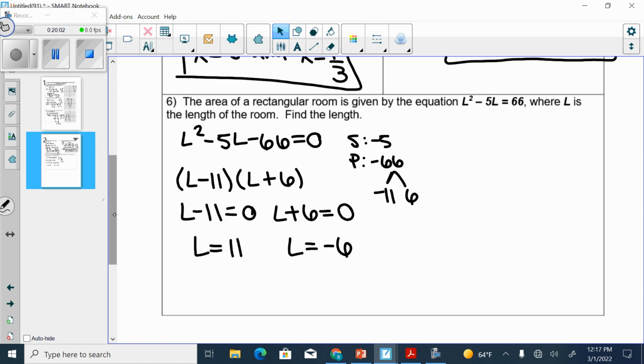Okay, so they did ask us to find the length, which is different from the other problems because they just wanted you to solve for the variables, right? Okay, the length of a rectangle. Can you have two different lengths? Now we have a length and we have a width, right? But the lengths are the same and the widths are the same. So one of these cannot be the length. Which one would we not use? The negative, right? Because we don't ever have something that's negative 6 feet long. So, because length is not